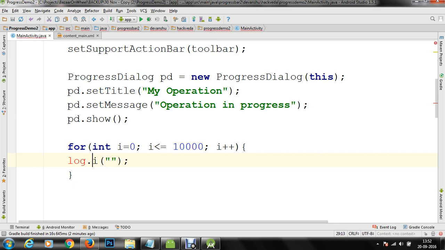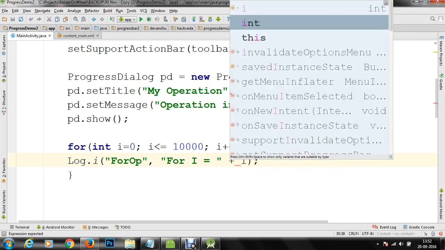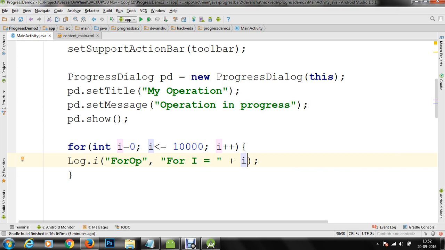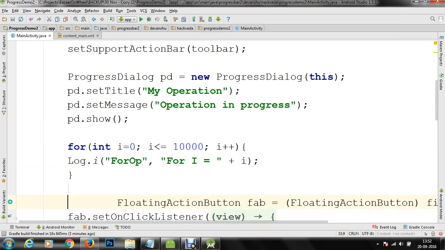We'll take the Log class here, and press alt enter to import the Log class. We are going to say for operation, and we are going to display for i is equal to i. So some log information will be logged in the logcat,